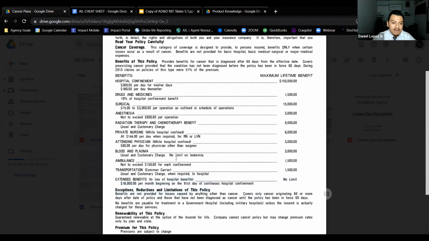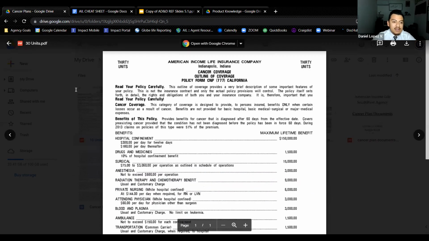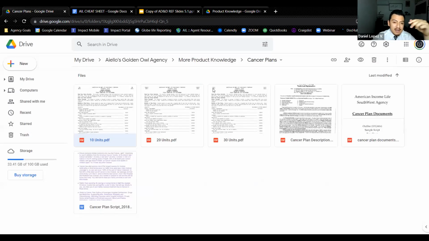This is a very, very easy policy to sell because everyone knows at least one person with cancer. It could be a friend, a coworker, someone on social media that you follow, or most of the time a family member. Everyone knows at least one person with cancer, so they can relate. And cancer is something that you can just get. It doesn't matter your health or your age. If you're an athlete, healthy, or unhealthy, you can get it.